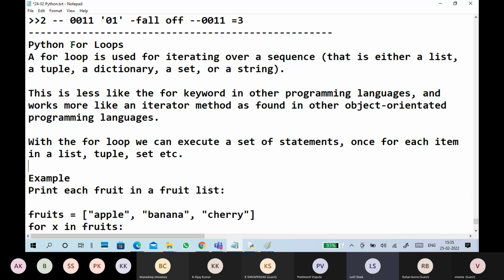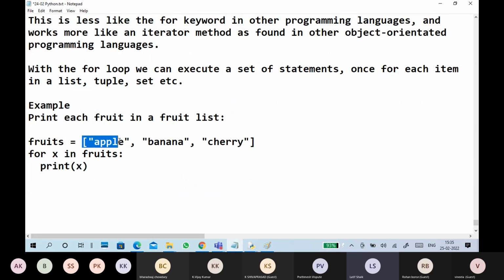Guys, the important one is the for loop. It is like an iterator, iterating over a sequence. It means one by one, one by one. For example, this is a list.